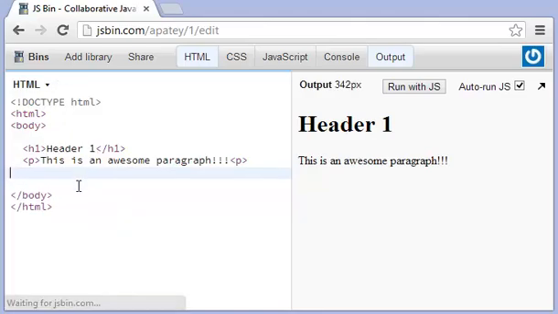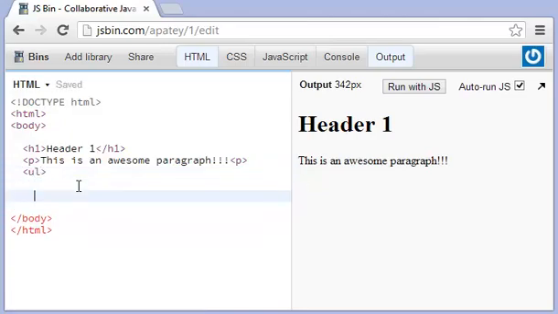So, as you can see here, we have a paragraph, and to make an unordered list, you need to type in the UL and the /UL. So, see, we do that and nothing happens because we have to add in a list item as well. So, you start off with the list tag, and then you give it the list item tag. So, li, and all it's going to be is we just say maybe item 1, and we have to close